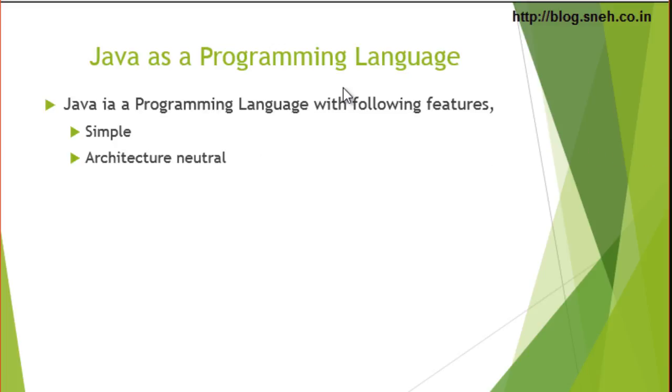Architecture neutral. The main goal of the language developer was to develop a programming language that can run without any change or recompile on multiple platforms. Since a Java program is dependent on the JVM instead of an architecture-based operating system, it can run on most platforms with the only restriction that the JVM must be available on that platform. It's an object-oriented programming language. Java obeys most of the concepts of object-oriented programming like encapsulation, data hiding, inheritance, polymorphism, and so on.